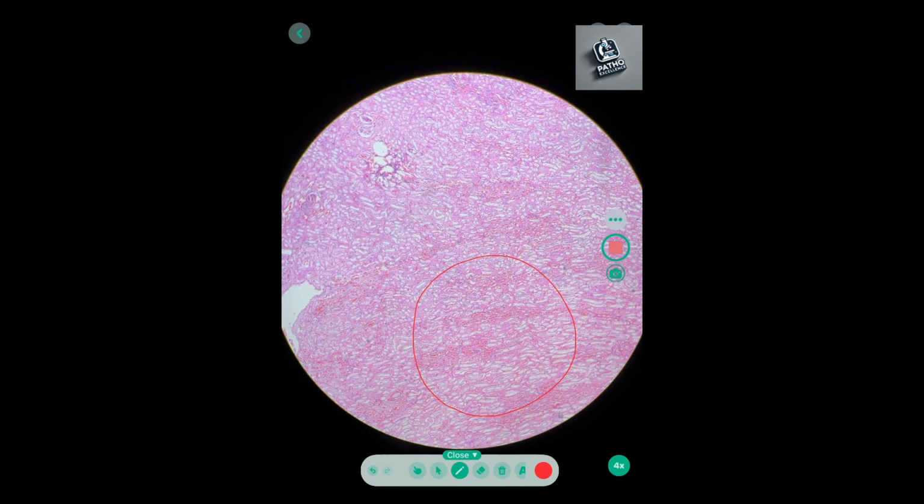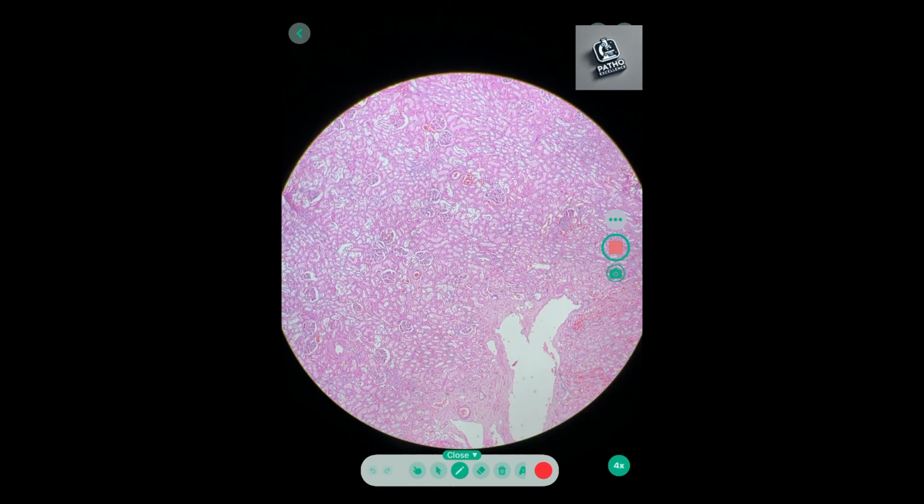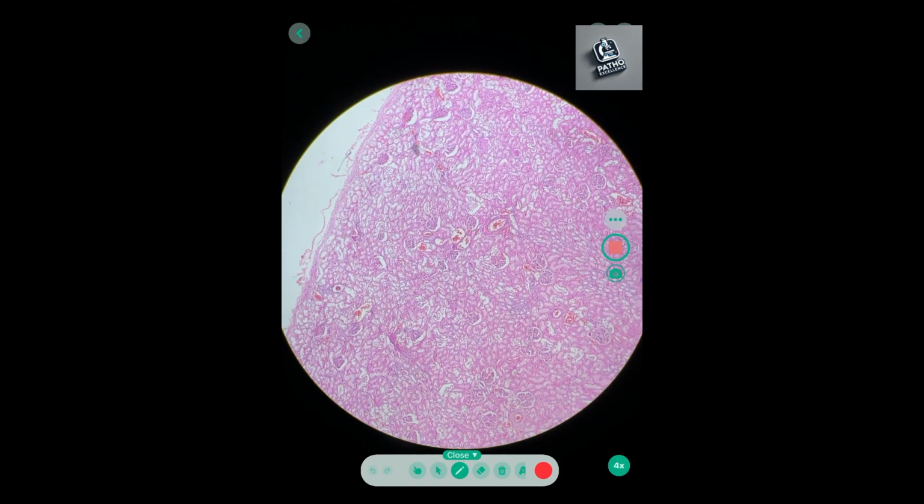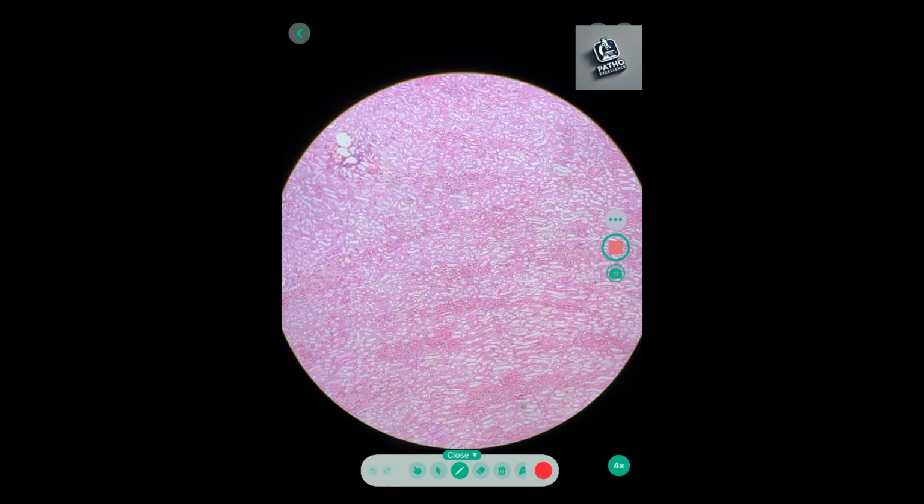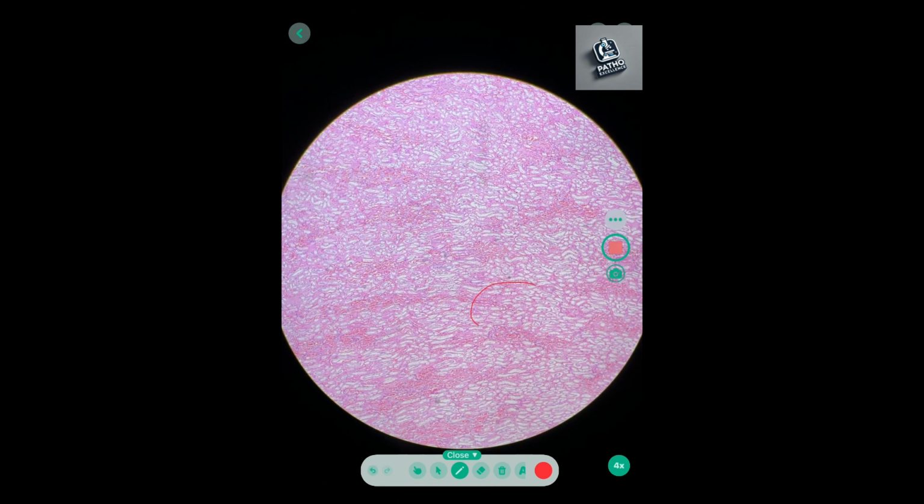Now how to differentiate medulla from the cortex? So cortex is basically comprising of many glomeruli and many renal tubules along with the vasculature, whereas medulla is comprising mainly of renal tubules, collecting ducts and vasculature. There is no glomeruli in the medulla. Now